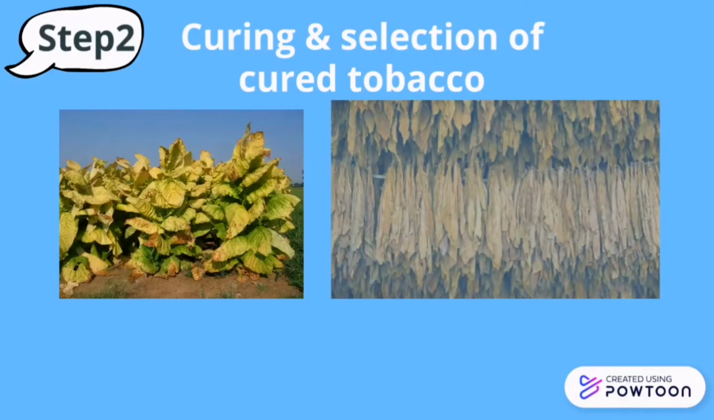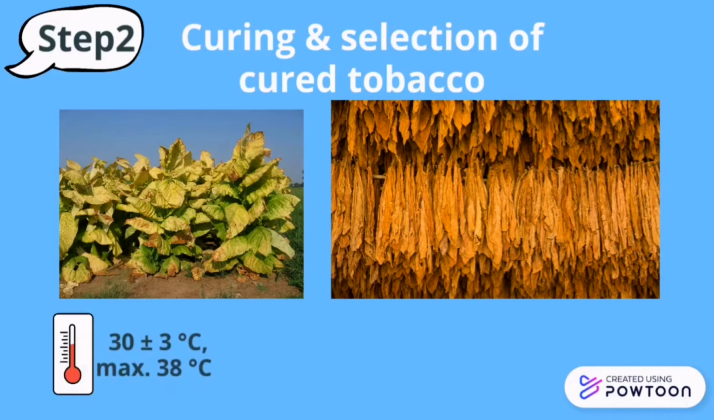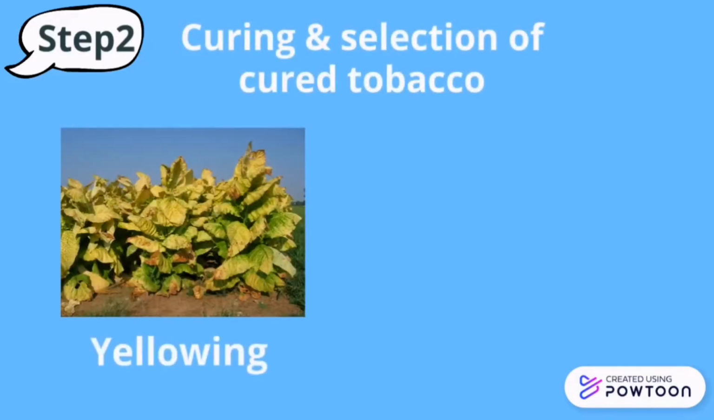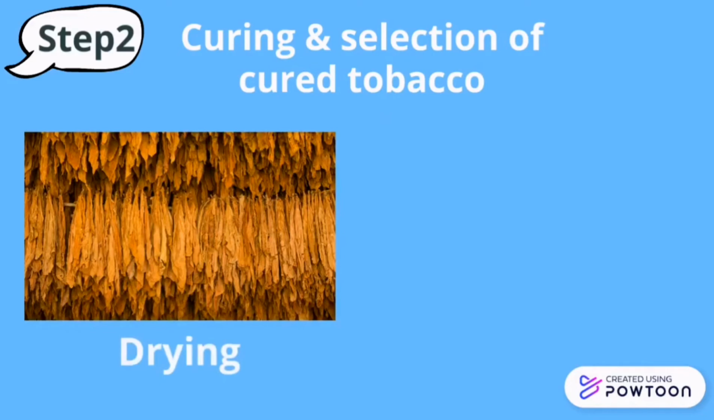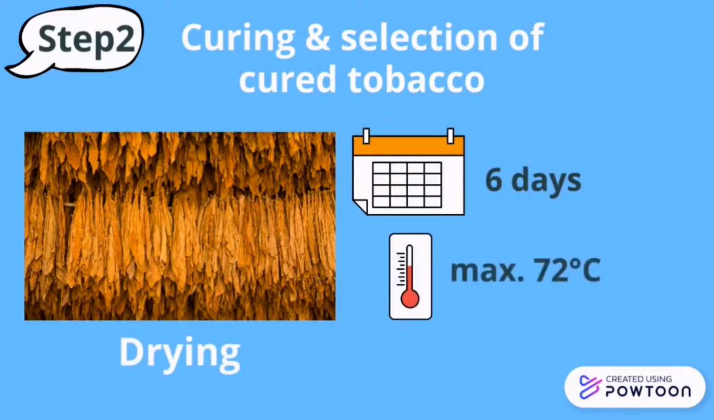The process involves the wilting, yellowing, and drying process, which are carried out under temperatures of 30 ± 3 degrees Celsius, with temperatures under 38 degrees Celsius, and usually takes a period of 4 to 8 weeks. The yellowing process is typically carried out at 35 degrees Celsius for 2 days. After the yellowing process, the temperature is raised over the next 6 days to a maximum of 72 degrees Celsius for